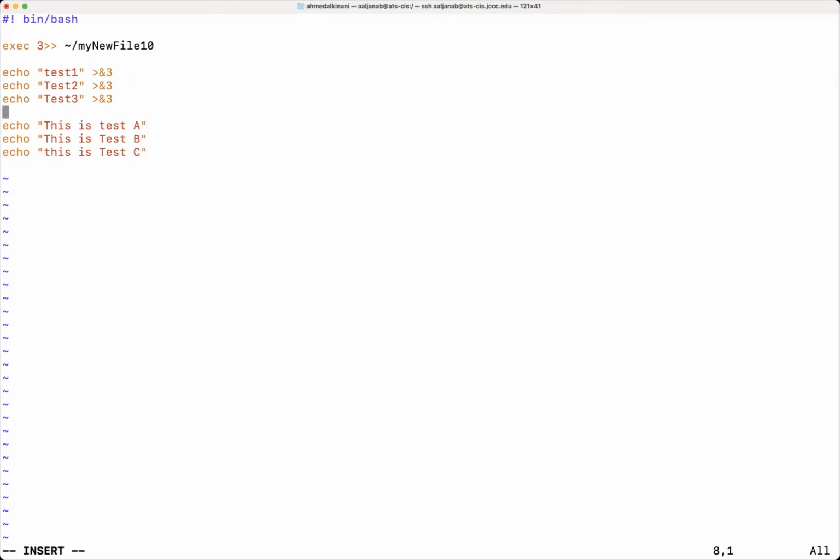After I redirect those to the standard output with the file descriptor 3, I'm going to redirect it back to the standard output 1, which is again the file descriptor 1. What can I do in a case like that?